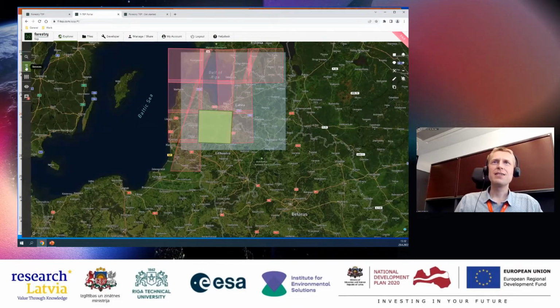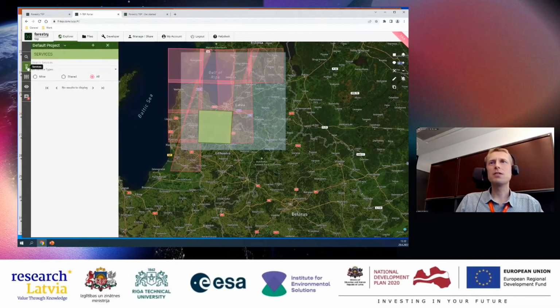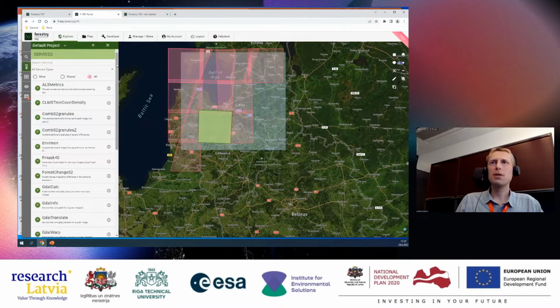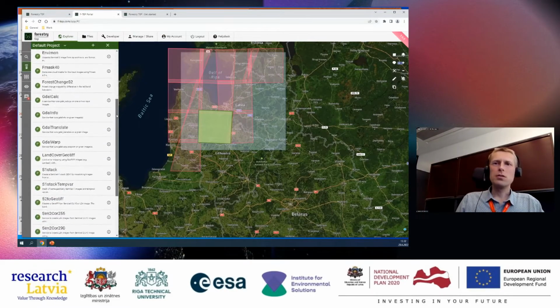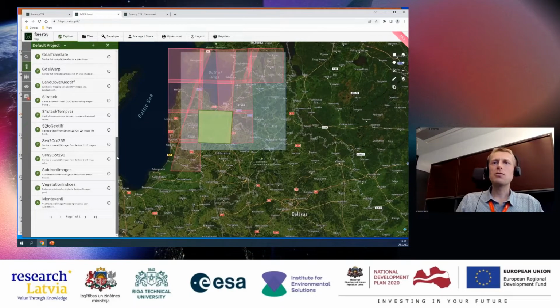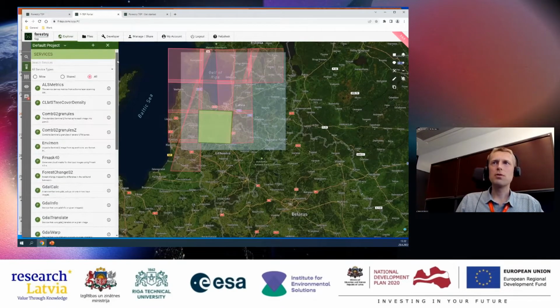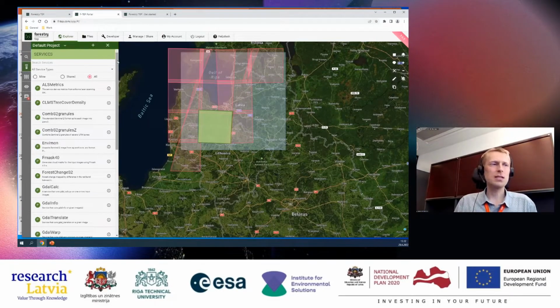But then if we continue down from the search, the next one is services. So this is where you can find the applications. And now you can see those applications that you have rights to. So again, if someone creates an application and shares it with you, then this is the place where you can see it.